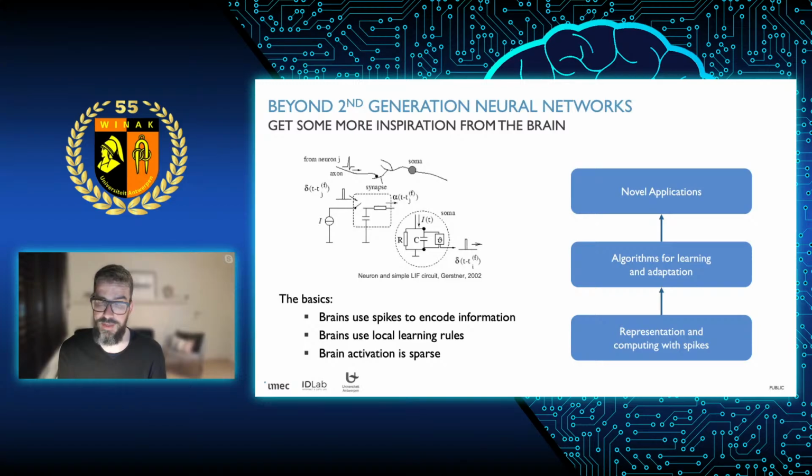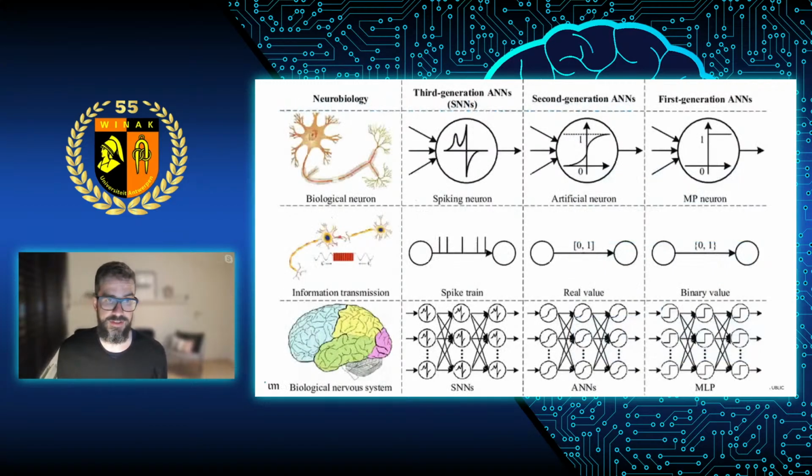And so what we're looking at right now, and we're definitely not the only ones, is can we build new types of neural networks which are more closely linked to how our human brain is working? And more specifically, can we rely on that concept of spikes, so electrical impulses that go from one neuron to another, to ensure that maybe this is going better for some types of applications? Now, that's not something that we invented. This is something called spiking neural networks, and these are at least a family of what they often call the third generation artificial neural networks.